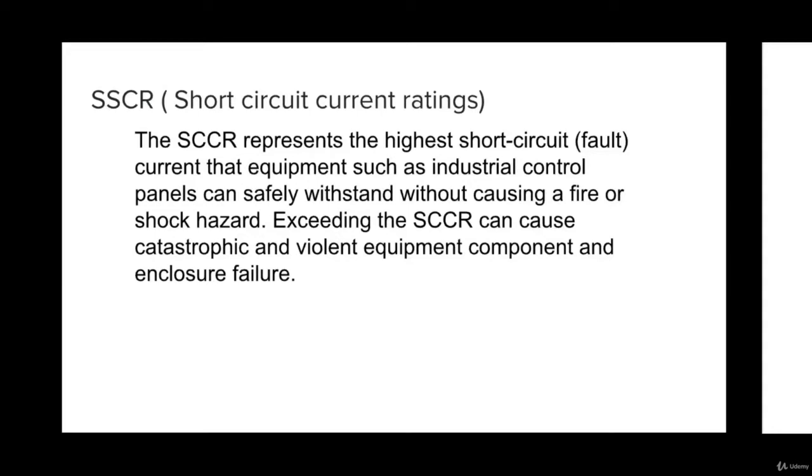As we know, when there is a fault like a line to line fault or other fault, a short circuit happens, and the basic thing is the current of the whole system increases. So your component should withstand that highest current for some time. So you should have an SSCR value according to your application. Consider your component having a 5k SSCR value, which is the short circuit current value, and your limit of a short circuit is 10k. So when a fault occurs and the fault is greater than 10k, then your component is not going to survive that value. So you have to consider according to that.